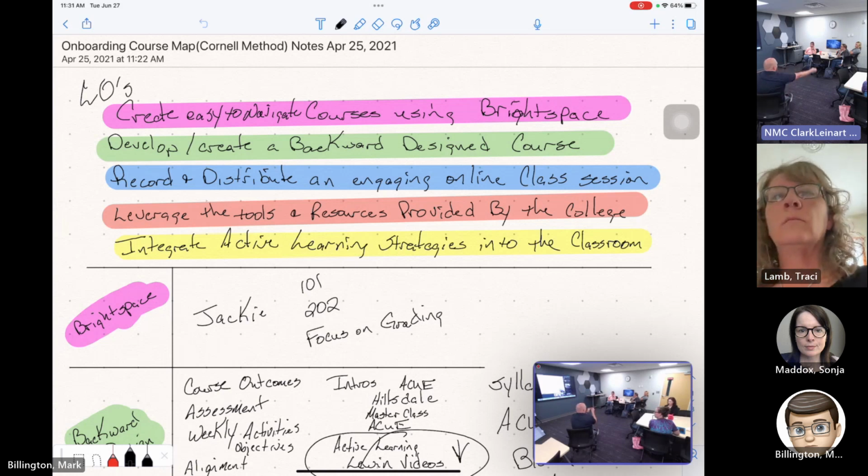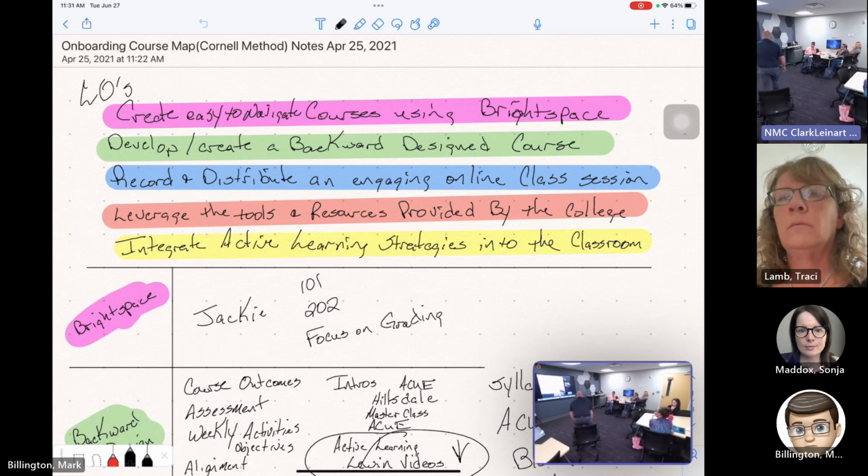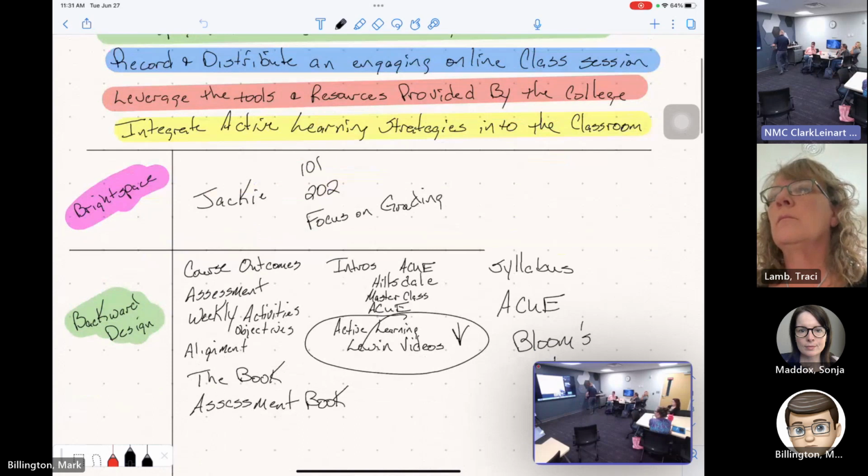Because multiple things go into that, right? So you can see, like develop a backward design course, you can see here, with Mark, what he put into that. All these things that we're covering, all those pieces will then lead us to reaching officially that outcome for our students.